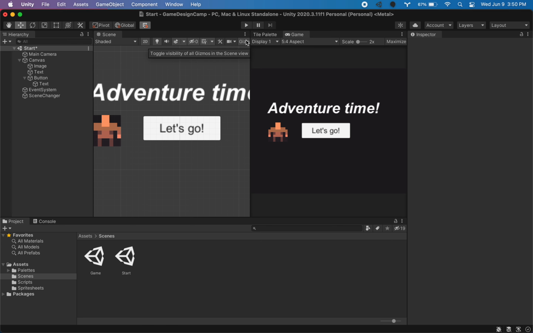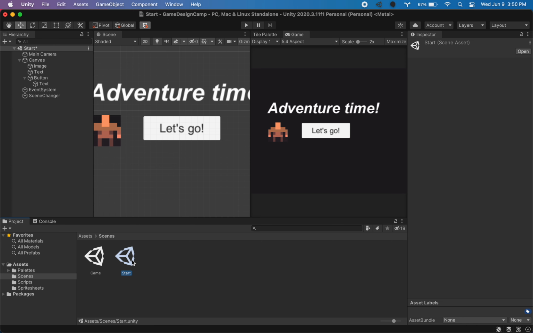So while we're still working on our menus, I'm just going to quickly save a little bit of time by duplicating our start menu to create our death menu and our success menu. This will be much easier because we've already got it all hooked up. It'll be much easier to just duplicate it and make some small edits